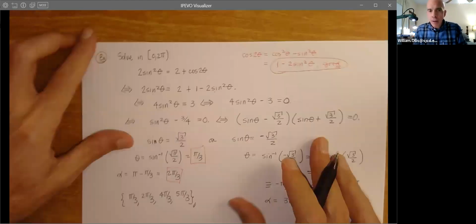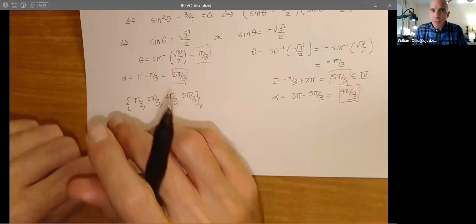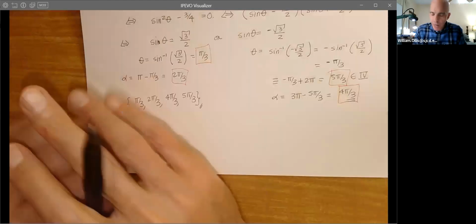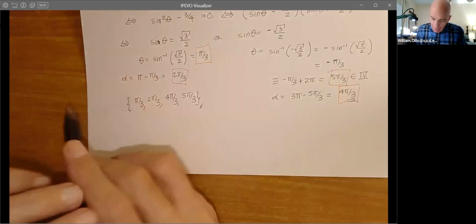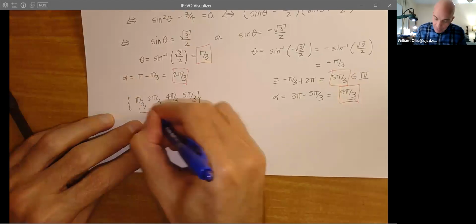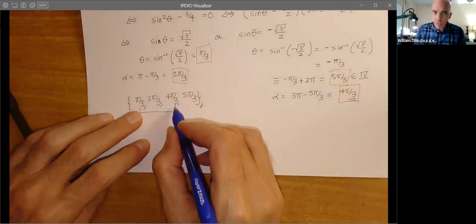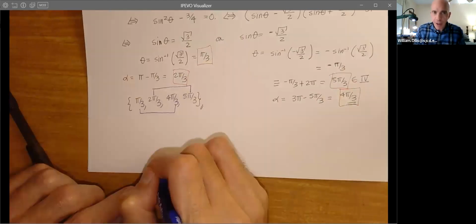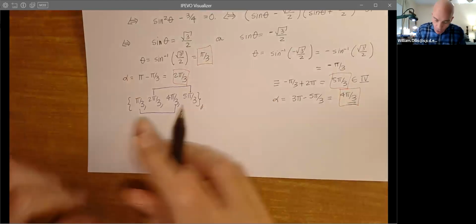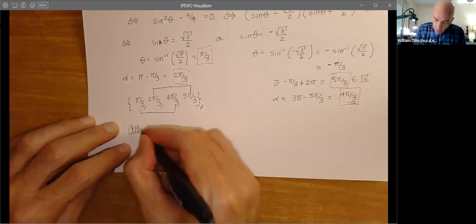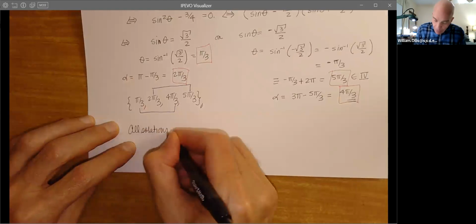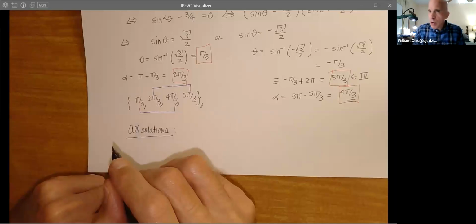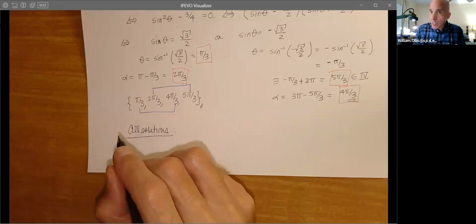Now, one thing I wanted to comment on, like I said before, when you get these quadratic equations, notice that these two differ by pi. The difference here is a multiple of pi. Same thing here, 3 pi over 3, differ by pi. So if we were looking for all solutions, if we tacked on 2 pi k to each of these, there would be redundancy. This is what I was talking about before,